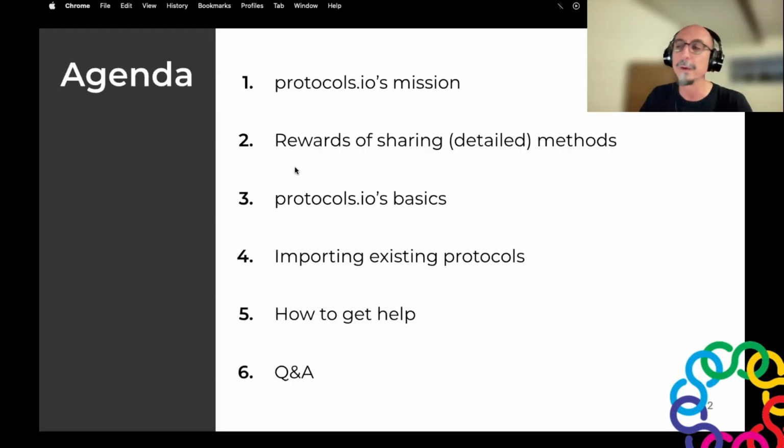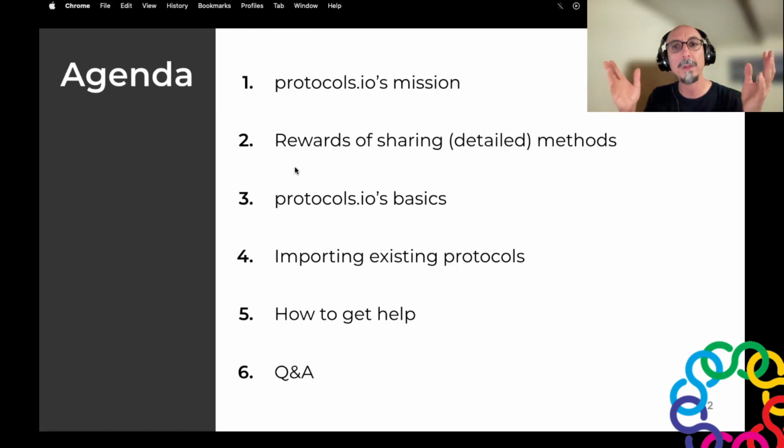So what you see on the screen right now is the agenda. I will talk for about 40 to 45 minutes. I'm hoping to have some questions at the end, which you can start typing in the chat, and we'll get to them at the end. In this webinar, I will go over some of the more general points in terms of the motivations for creating protocols.io, what our mission is, and how the platform and its tools can make your work easier and faster in the research lab, as well as increase reproducibility both inside and outside your own laboratories.